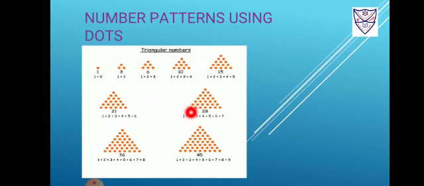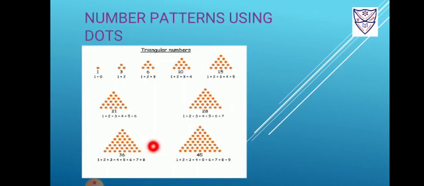Similarly for 28 dots. So 28 dots, how is it formed? By adding 6 plus 1 to the earlier, so that is 7. So here 1 plus 2 plus 3 plus 4 plus 5 plus 6 plus 7. So the total of these numbers is 28. Now how is this design formed? We will follow the same rule: the 21 dots of the earlier pattern are this, and we will add how many dots above that? 7. Why? Because the last number is 7. So 1, 2, 3, 4, 5, 6 and 7. And that means a total of 28 dots is there. Similarly for 36.